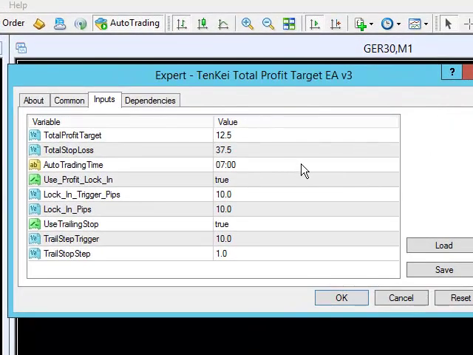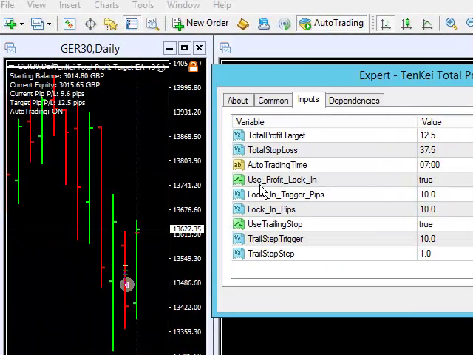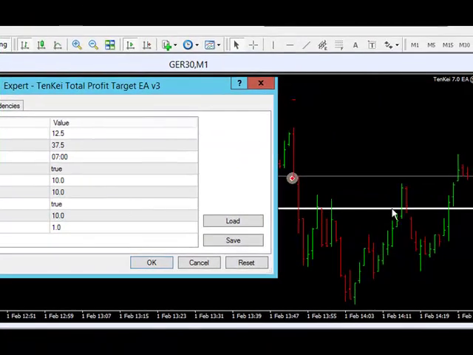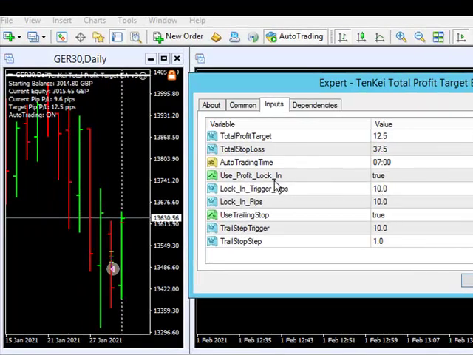But this option here, use profit lock-in, says true. Yes, you want to use a profit lock-in. So when the price reaches a certain point, you want to lock it in. You don't want it to come back on you and stop you out or lose what you've gained. So here, what we tend to do is put this figure where it says lock-in trigger pips. The trigger would be 10 in this case, but we like to put it to 3,